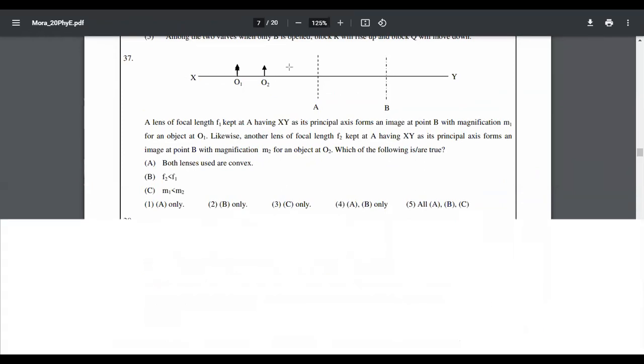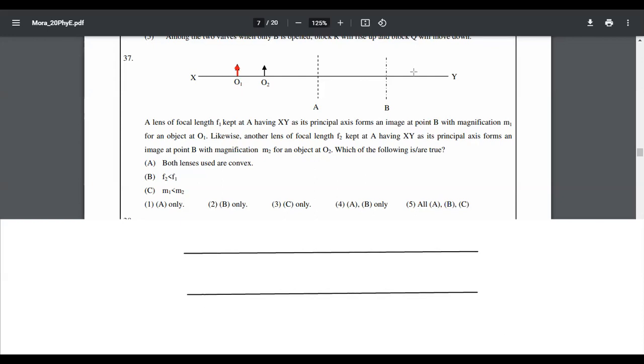A lens of focal length f1 is kept at A, having xy as its principal axis, forms an image at point B with magnification m1 for an object O1. Let's use different colors for this object O1. I'll draw it here. Two diagrams. Initially the object is at O1 and you have a lens here, and then you are getting image at B,